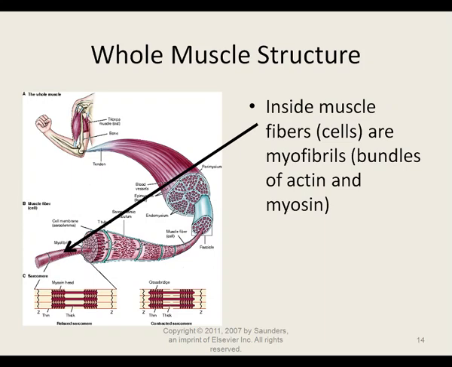Inside of these muscle cells are bundles of the proteins actin and myosin, and those bundles are called myofibrils. There is more to this diagram, and we're going to revisit it during the next mini lecture, when we talk about muscle contraction. For now, you just have to recognize that whole muscle can be divided up into fascicles, and that fascicles are bundles of muscle cells, and muscle cells are bundles of myofibrils. This is how whole skeletal muscle is organized,